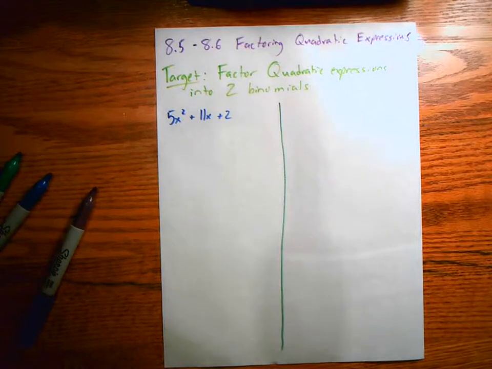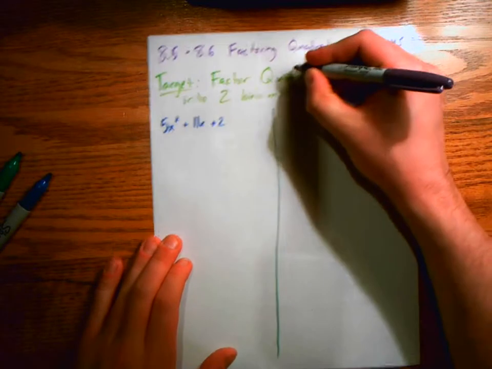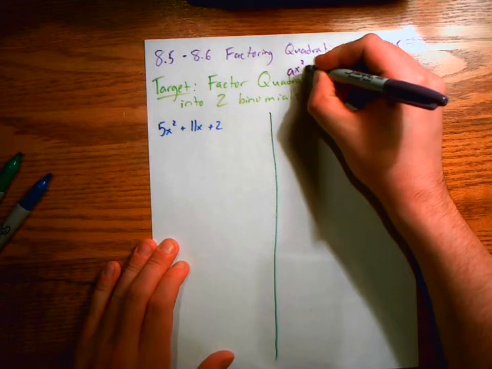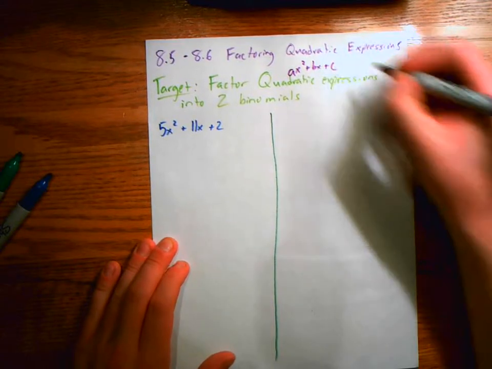Hello, this video is going to be on two different sections, 8.5 and 8.6. They go hand in hand together. One just kind of builds off of the other. But we're going to be talking about factoring quadratic expressions. We're going to take an expression that's written in the form of ax squared plus bx plus c and factor it out